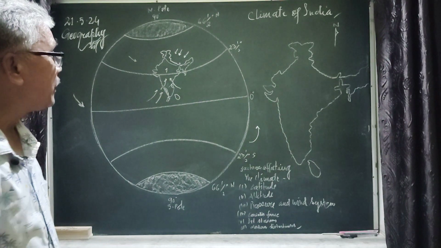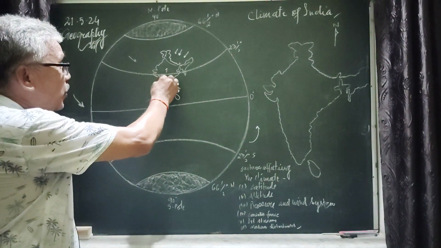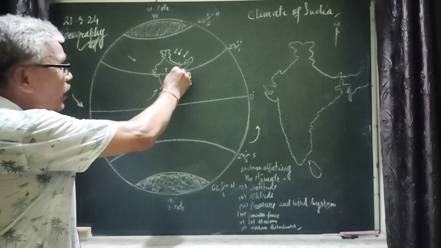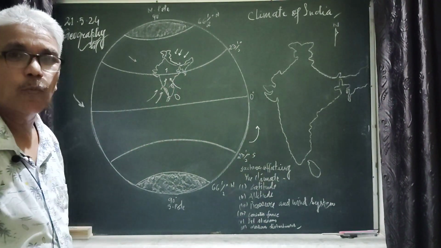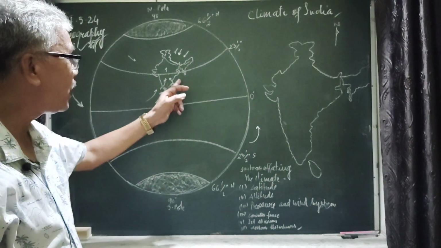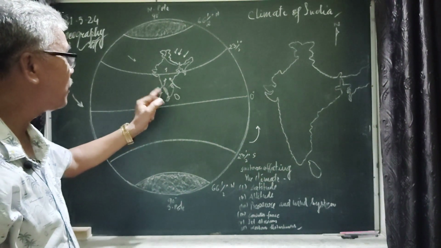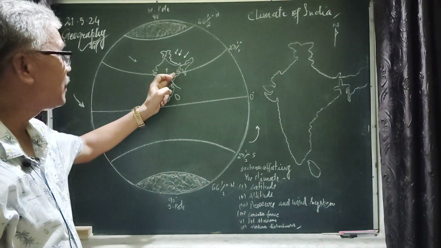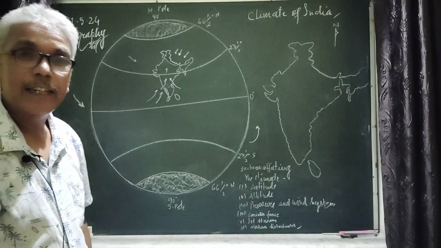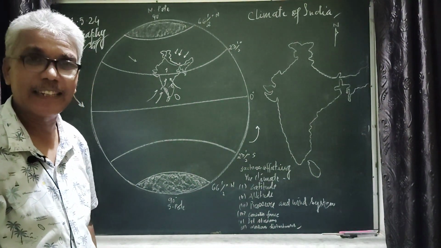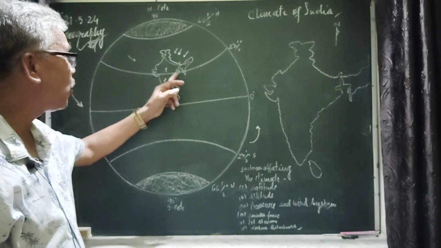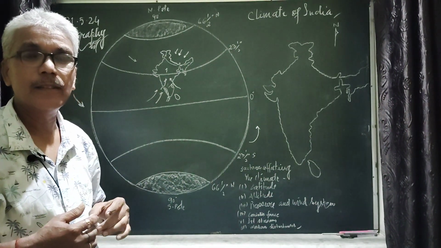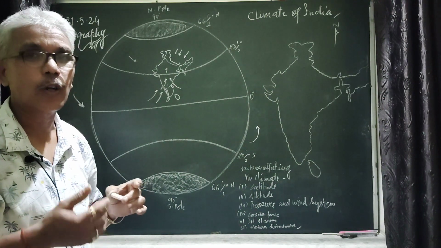Next, close proximity of water bodies. As we know, the southern part of India is surrounded by water bodies on three sides: the Bay of Bengal to the east, the Indian Ocean to the south, and the Arabian Sea to the west. So India has a long coastline. It is very fortunate to have large coastal areas. Because of the coastal location, places very close to the ocean have an equable climate. The temperature is neither too hot nor too cold.